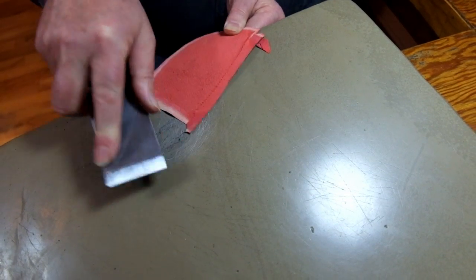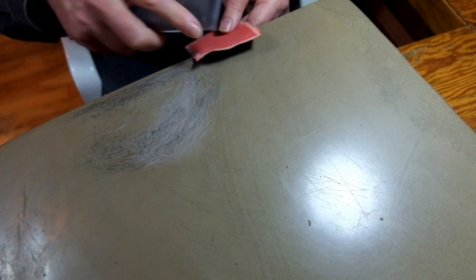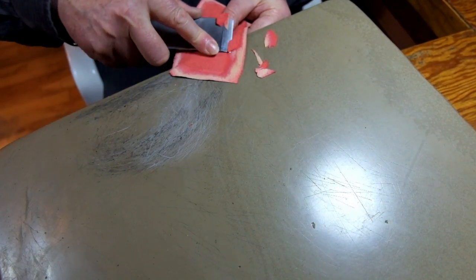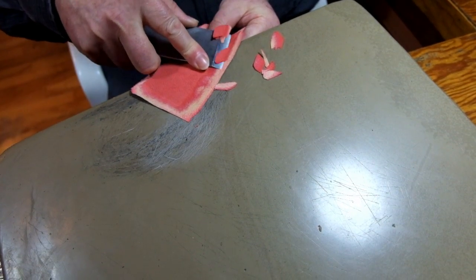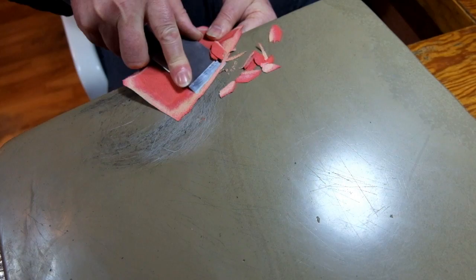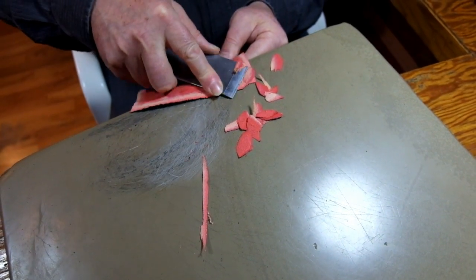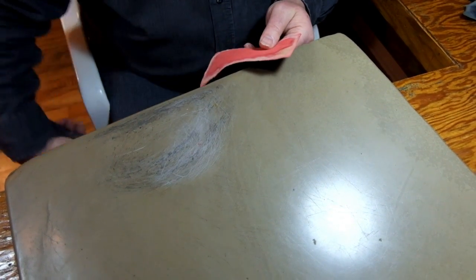So we go on with the paring. So I went all around, then I start going around, taking a first layer of the back of the skin off first. Never try to go to the finishing of the paring right off the start. You have to go, or I go in two, how could I say,